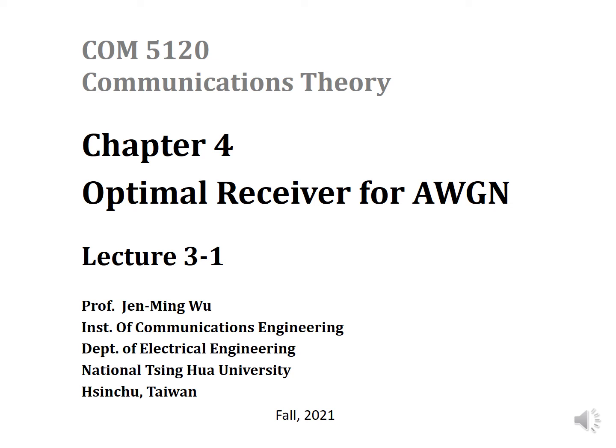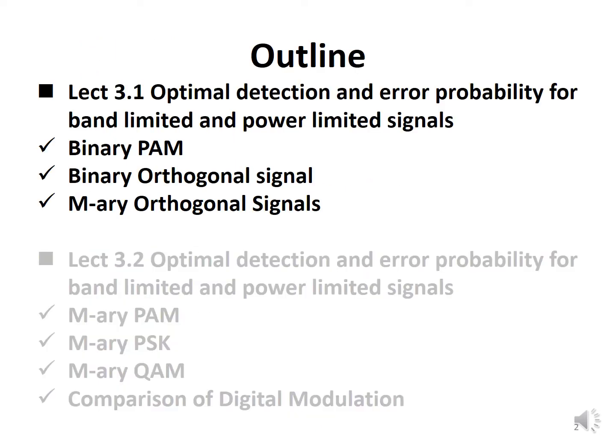Hi everyone. This is lecture 3 for chapter 4 on the optimal receiver for the AWGN channel. This lecture 3 will be on the optimal detection and the error probability for band-limited and power-limited signals. Because this lecture is longer, we will split it into two